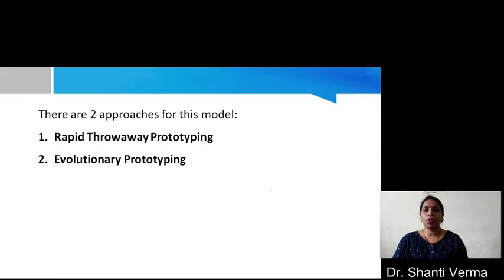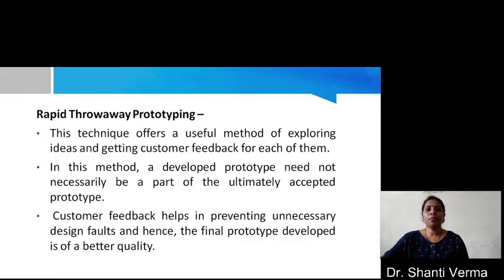Now let's discuss what these prototyping approaches are. Rapid throwaway prototyping is a technique that offers a useful method of exploring ideas and getting customer feedback for each of them. In this method, a developed prototype need not necessarily be a part of the ultimately accepted prototype, and customer feedback helps in preventing unnecessary design faults.